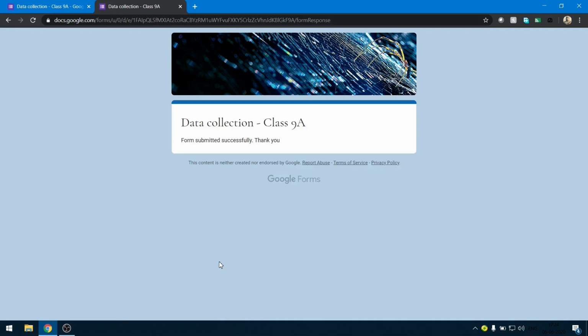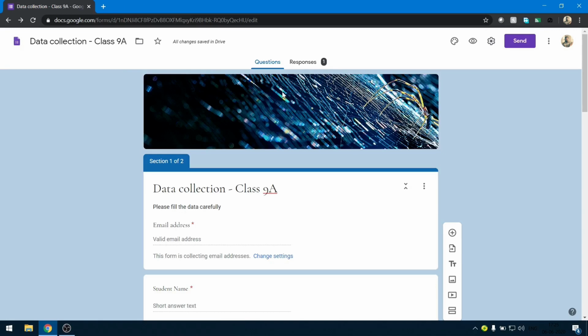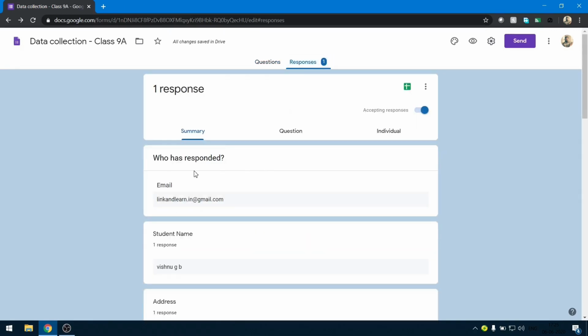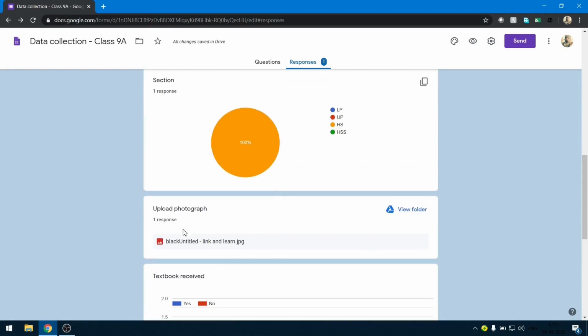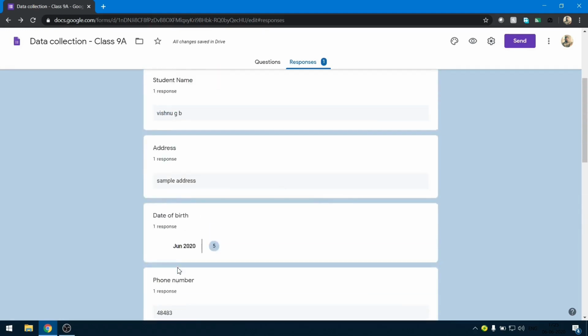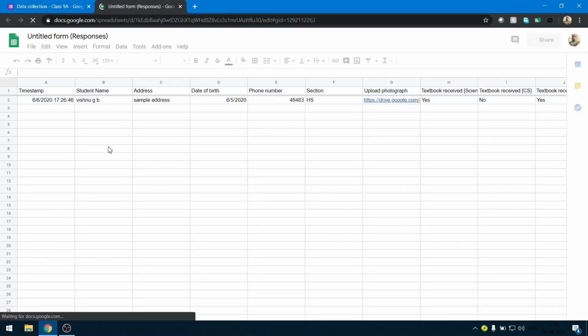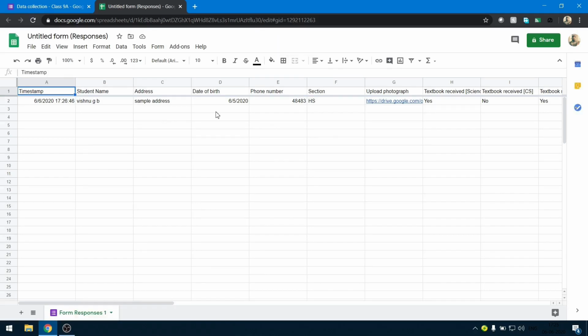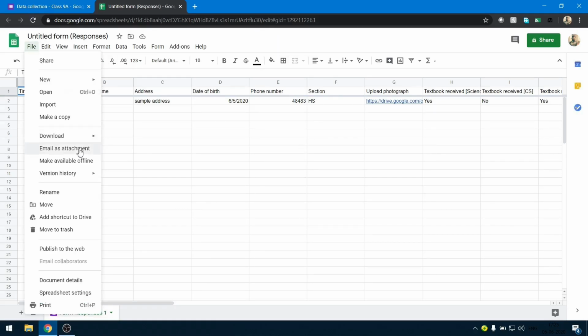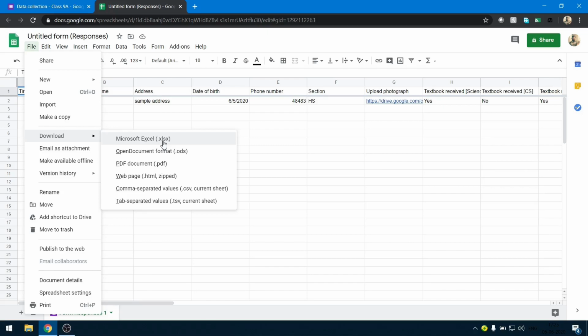You might have noticed I have given a wrong phone number or an invalid phone number. You can change or modify the validation statement so that you can have a powerful Google form. Once the data is entered, open the Google form and go to the response section to view the response to your Google form. You can always open the Google Sheet so that you can view all the data. Download this Google Sheet by going to File and Download as Microsoft Excel file, and use the Excel file for different purposes.